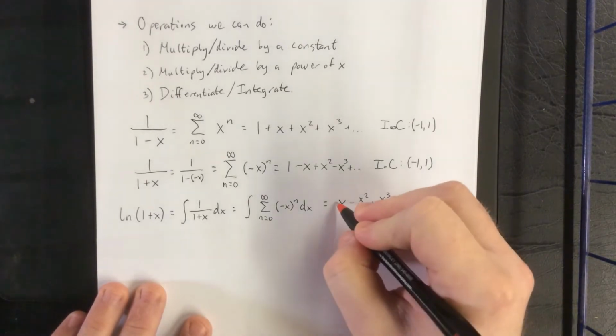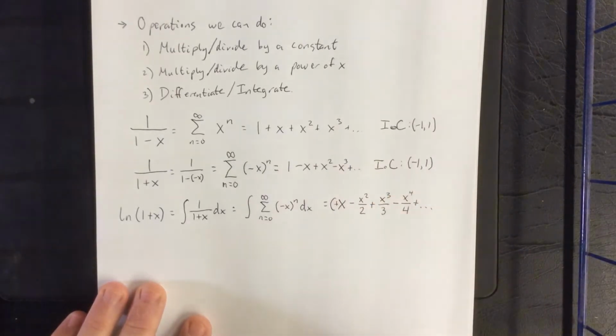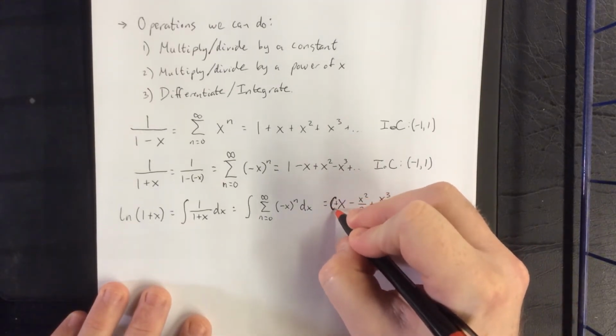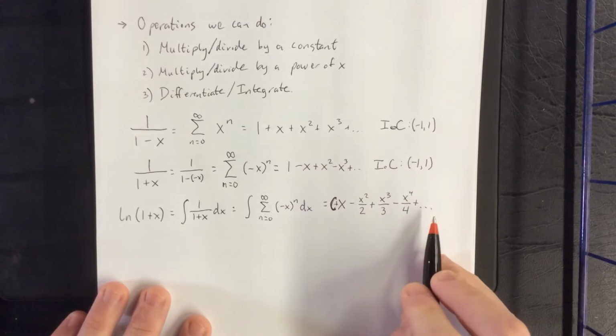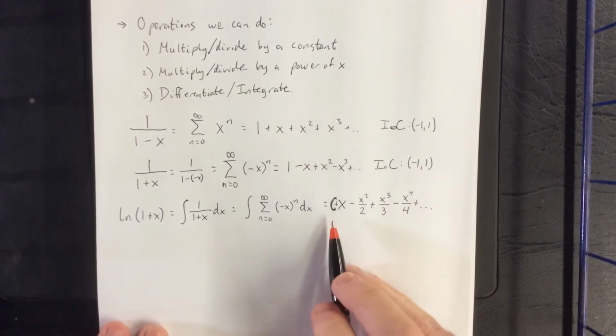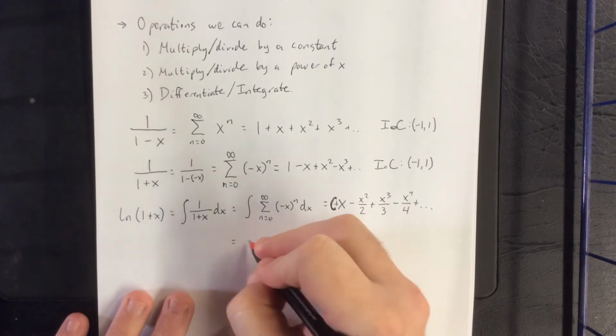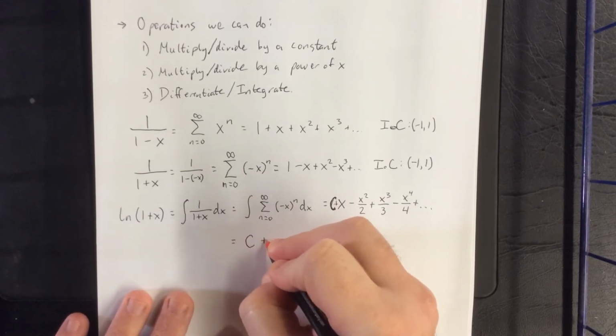Something important to point out is we need a constant of integration. Normally a constant of integration would go at the end of whatever our expression is, but our expression never ends. So we'll throw it up front. We'll call that C. So essentially what has happened is we've got our constant of integration plus